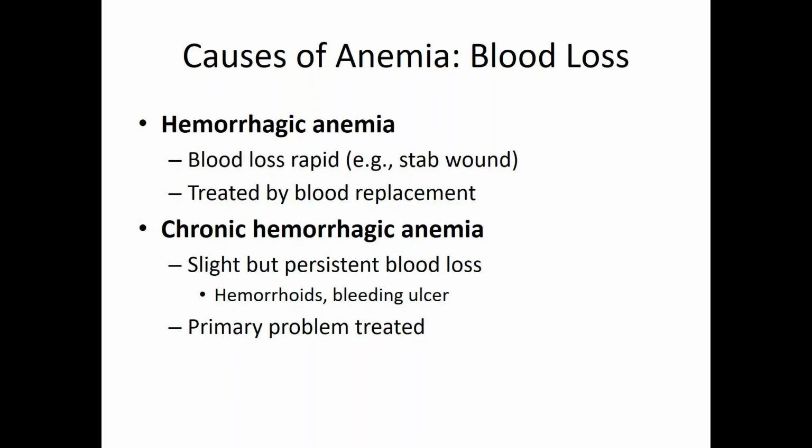The other version of this, I would say, significantly more common, is the chronic hemorrhagic anemia. And this is going to be the sort of thing that's more like you have a leaky faucet in your house. Right? And one drip at a time might not seem like much until you get your water bill at the end of the month. In this case, leaky faucet is going to be something like an ulcer, right? Or, and I apologize for the thought of this, but it is true, hemorrhoids. Any of those sorts of things, right? Having piles, having bleeding ulcers, little tiny slow drips that over time do add up.